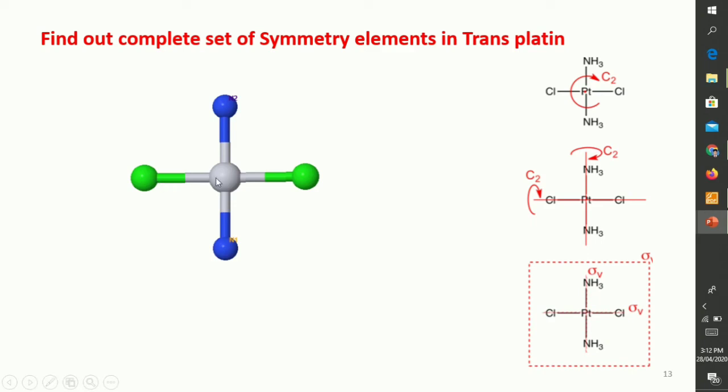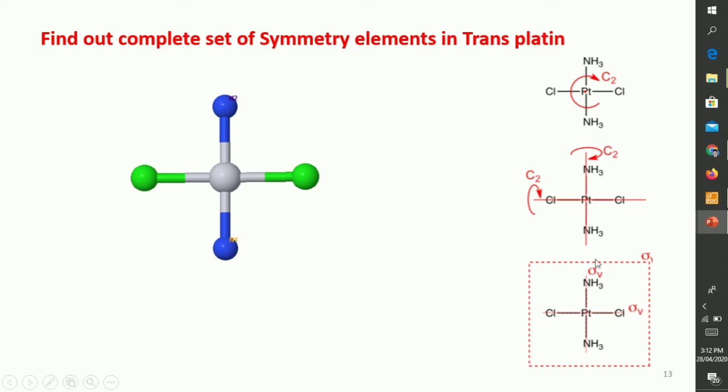You will find the same atom over there, then there is an inversion center. This is the case with NH3 also. So in transplatin there is identity, C2, C2 dash, C2 double dash, sigma h and 2 sigma v along